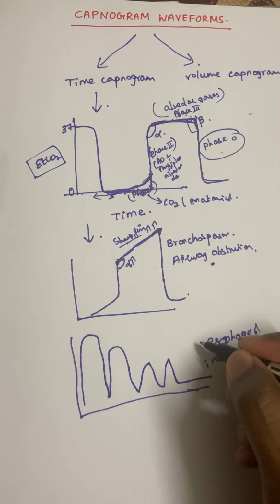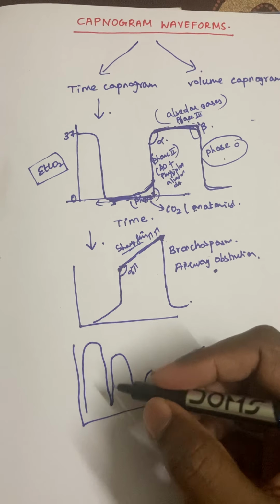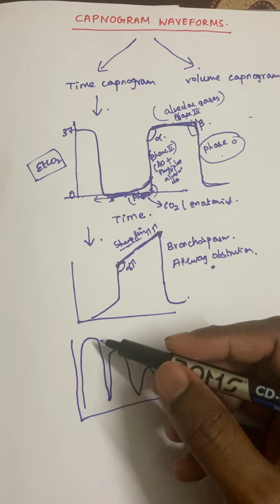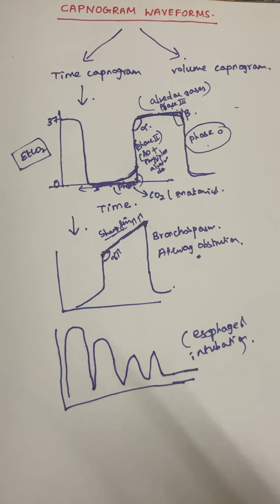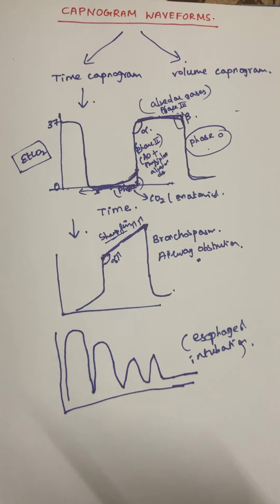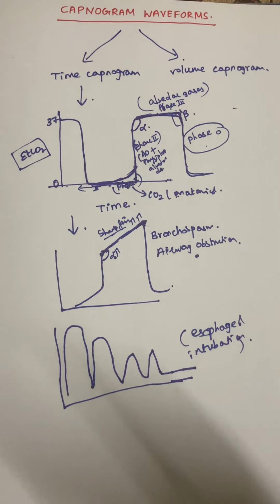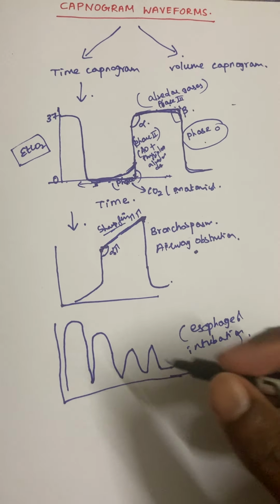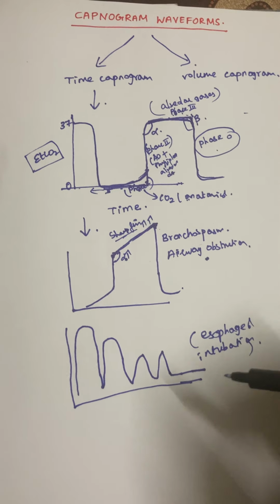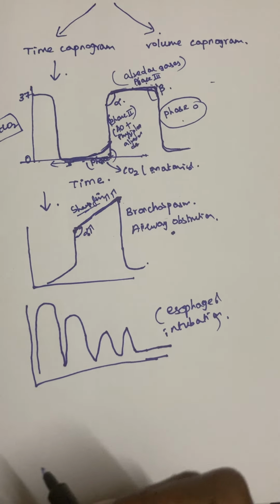So this is for the confirmation of esophageal intubation. We will be seeing an initial EtCO2 rise. That is because either some of the gases reach the stomach during mask ventilation, or the patient has taken carbonated drinks, something the patient has taken before the clear liquids 2 hours before the surgery. This means there will be an initial increased production, followed by which a gradual decremental response will be seen.